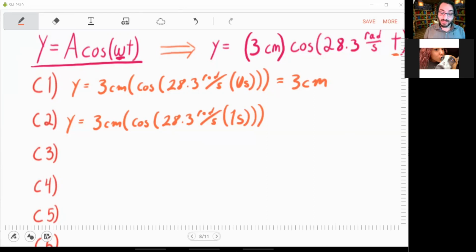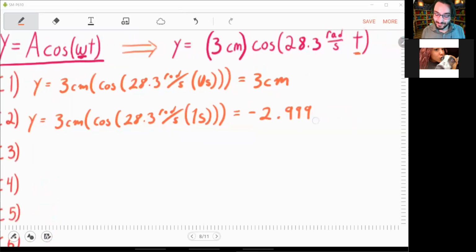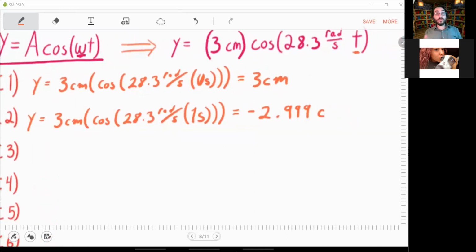Where is our thing going to be at 1 second? It's going to be at negative 2.999, if I wanted to do the rounding correctly, right? Centimeters. So at 1 second, where is our object? At 1 second, our object is on the other side of the